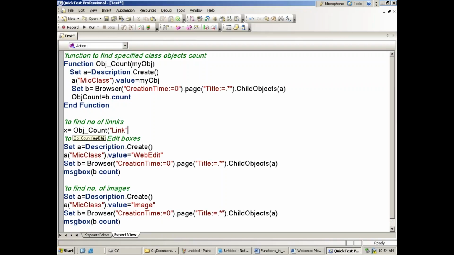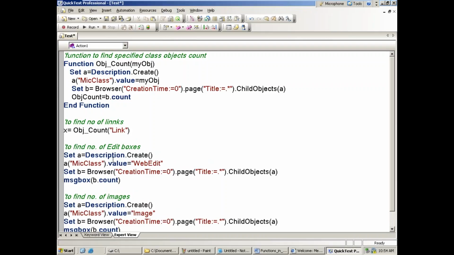A link class. Then say print number of links are ampersand x, like this.